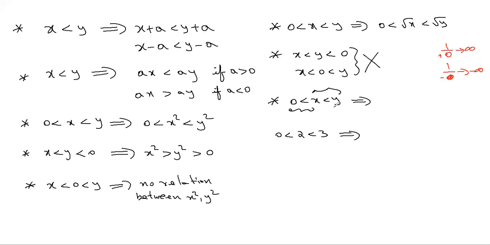Now what you can write is, this is 1 by 0. Technically we can't write 1 by 0, but just for understanding: greater than 1 by x, greater than 1 by y. That means if you take something little more than 0, and here also little more than 0, 1 by plus 0 is infinity. Infinity is greater than 1 by x is greater than 1 by y. So the inequality will be reversed. 0 will be replaced with 1 by 0, which is tending to infinity.